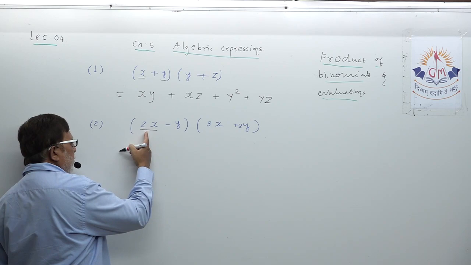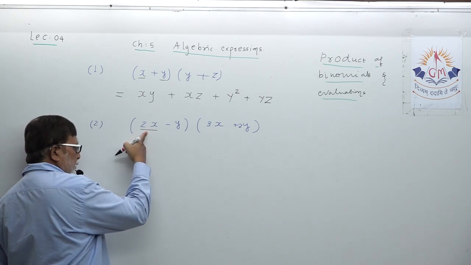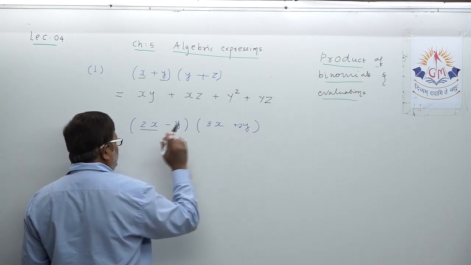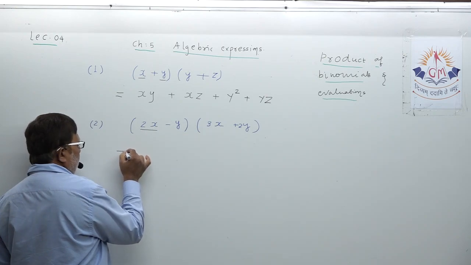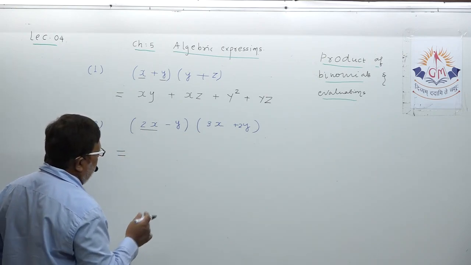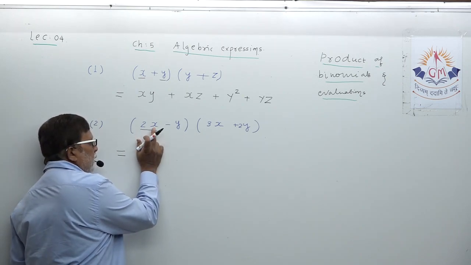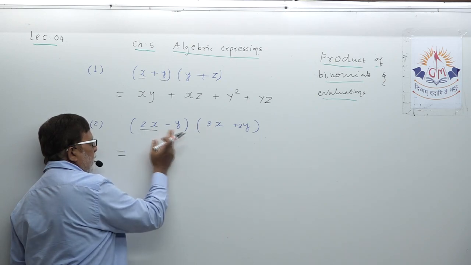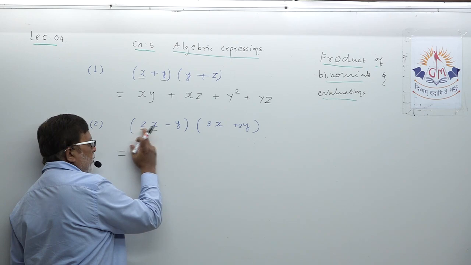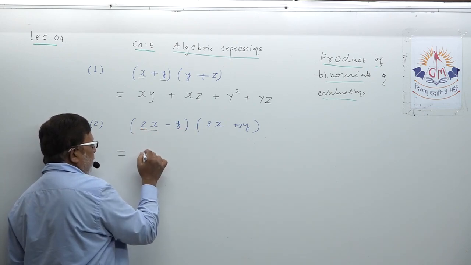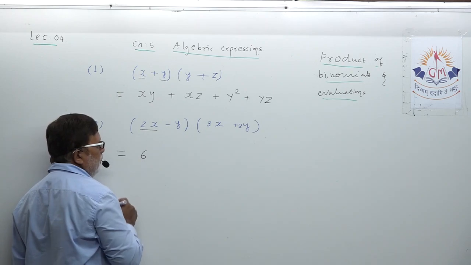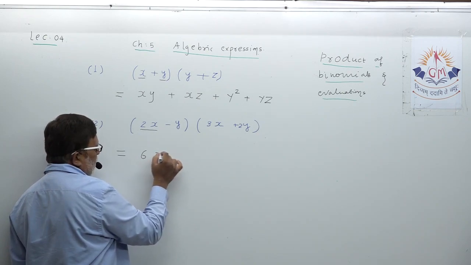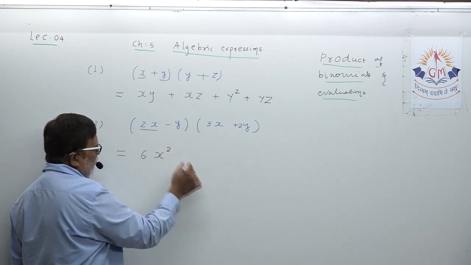What you have to do, you have to multiply this first term with this binomial, meaning both the terms. So dear student, be very conscious when we are doing this example. First 2x multiplied with 3x. Now check here. Here number 2, here 3, coefficient 2 threes are 6. Here x raised to 1, x raised to 1, so that is addition of the power, x square.